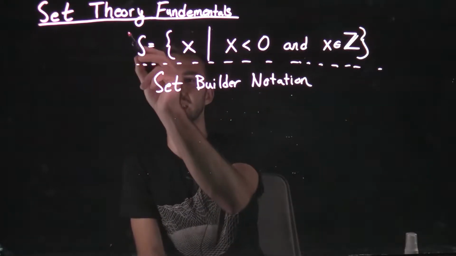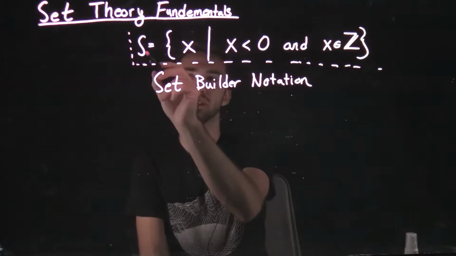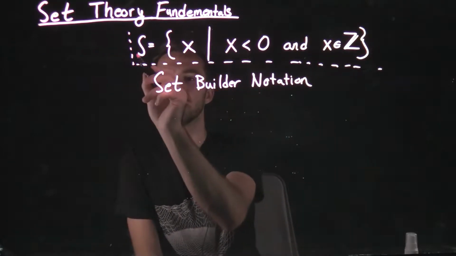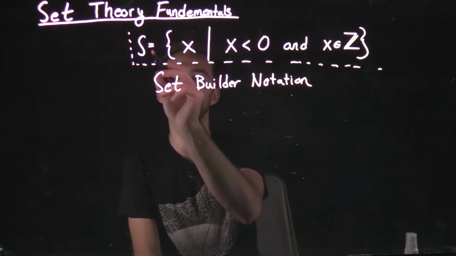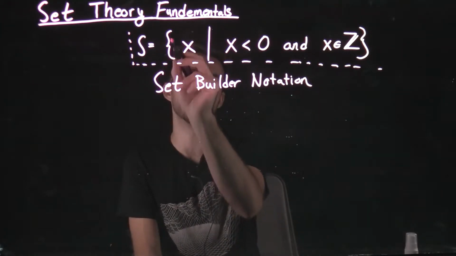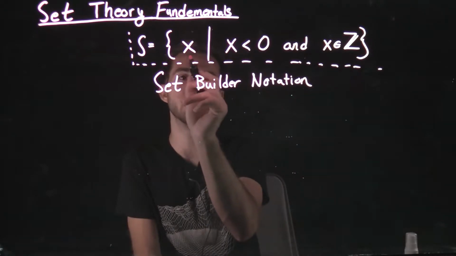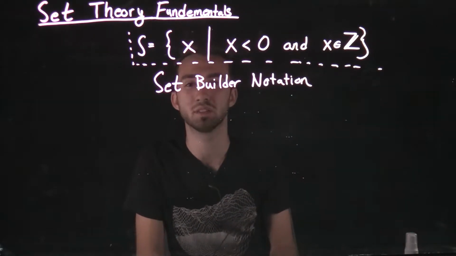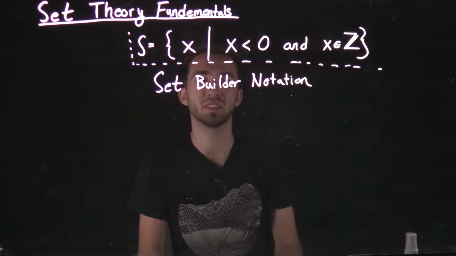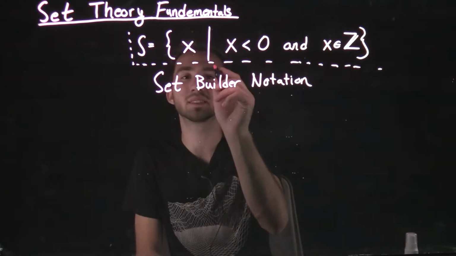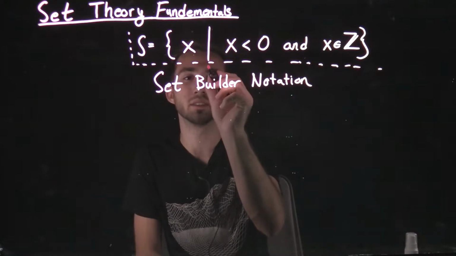What does this set mean? Well, we're defining a set up here. We're going to create a set S. And set S is a set, right? That's what the curly braces mean. And it consists of a bunch of X's, a bunch of things. And what are these things that are inside of this set that we have? Well, it's an X, and then this little bar right here, this means